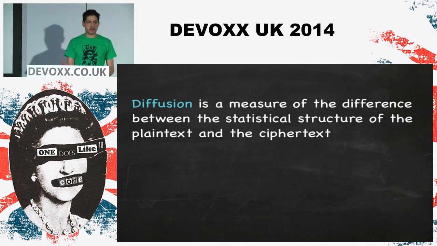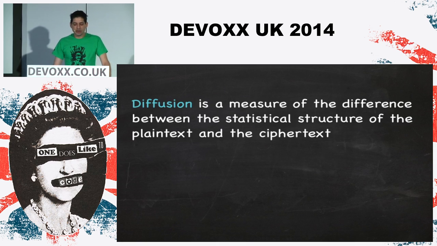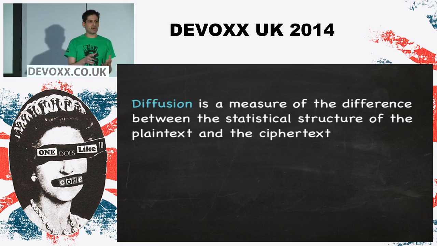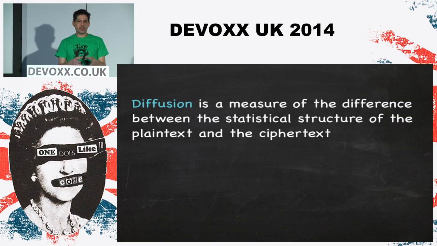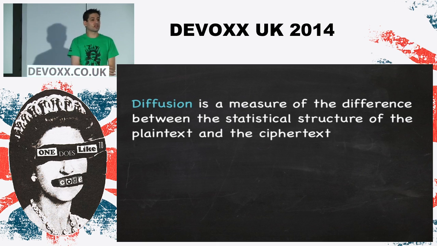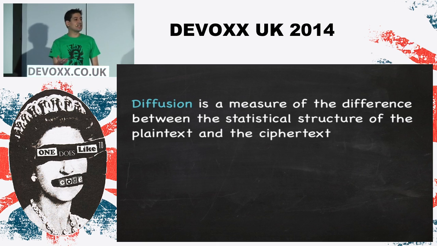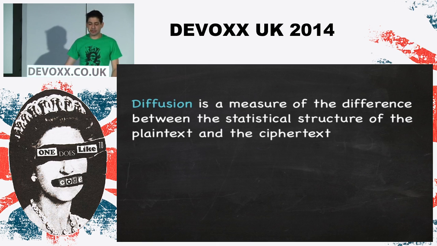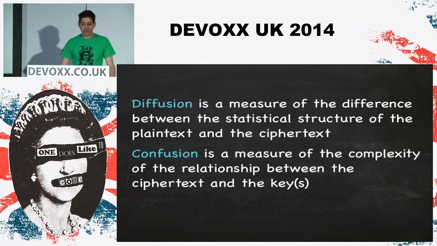So one thing that we use is a term called diffusion, which is how similar the original message is to the encrypted one. The more similarity there is, the fewer encrypted messages you need before you can start building up a statistical image and just reverse engineer everything based on statistics. The letter E is one of the most common letters in the English alphabet. So if there's not much difference between E and whatever letter it gets encrypted to, that's giving away a lot of information about your system that can be used to crack it.